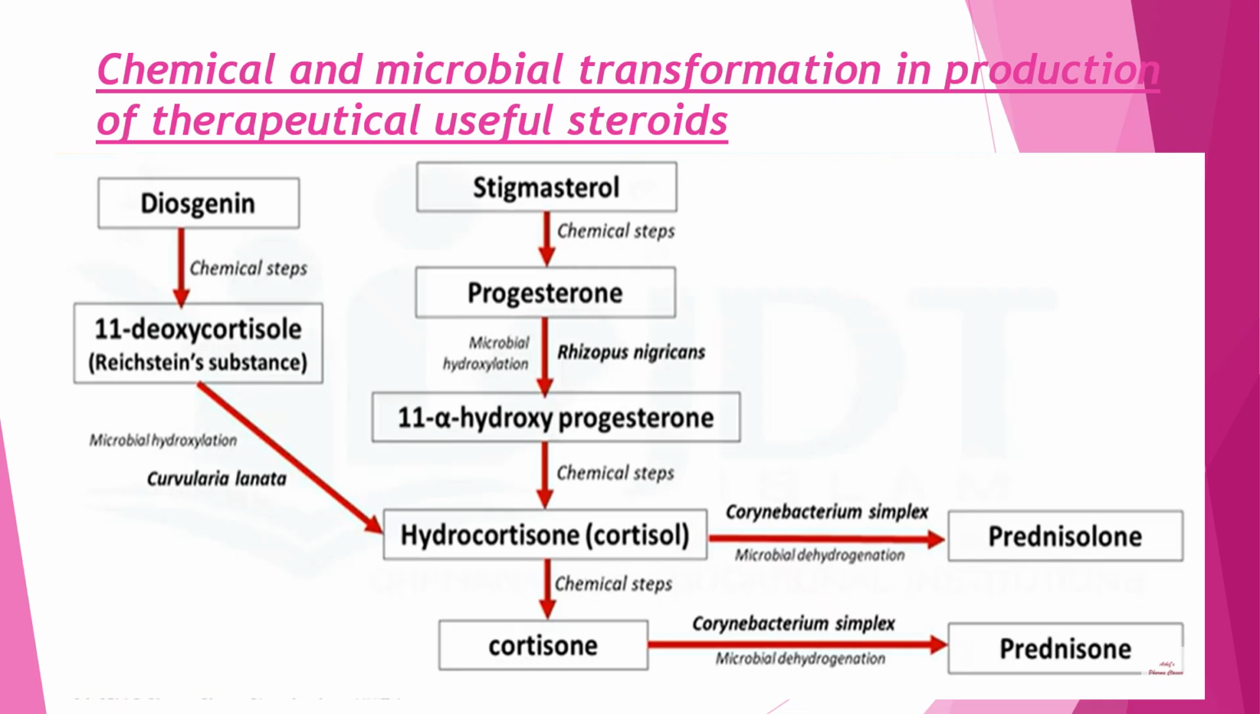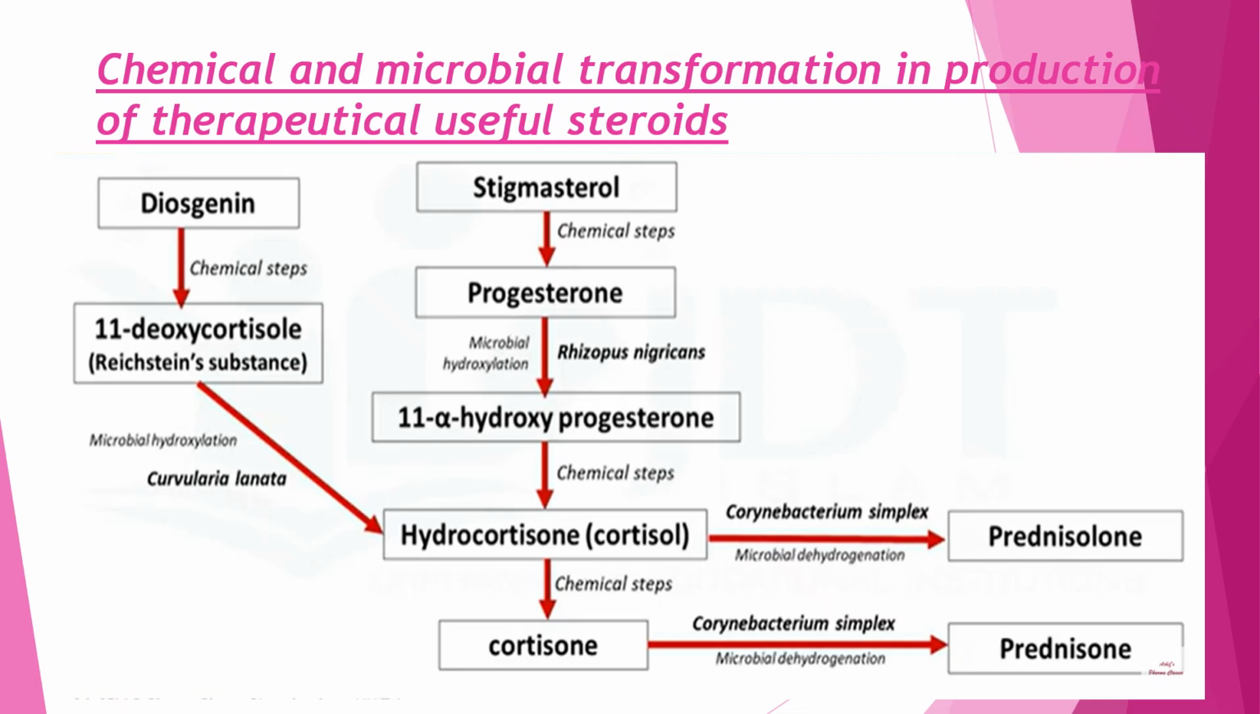Same like that, stigmasterol. Stigmasterol can be converted into progesterone by means of some chemical reactions. From the progesterone, in the presence of a fungus, Rhizopus nigricans, we will get 11-hydroxyprogesterone. From that, by means of some chemical reactions, we can get hydrocortisone and finally cortisone. Then from the hydrocortisone, by using microorganisms, again a biological process, Corynebacterium simplex, you will get prednisolone. From cortisone also, you will get